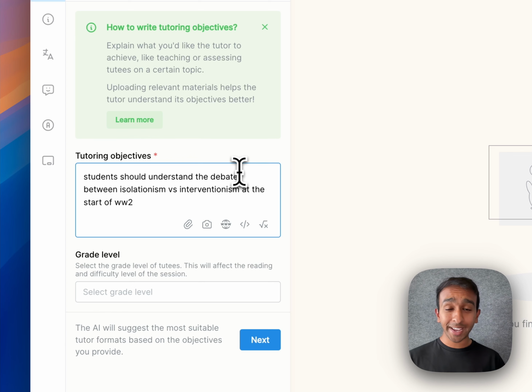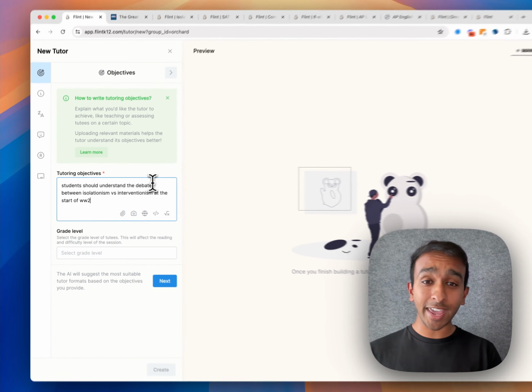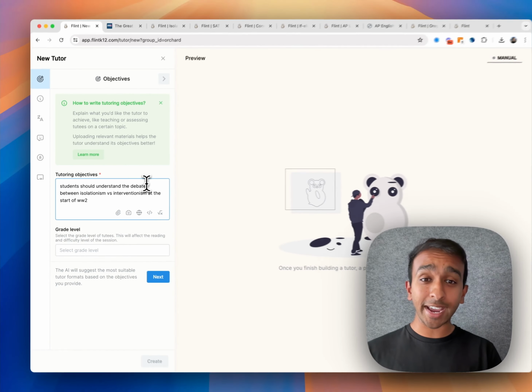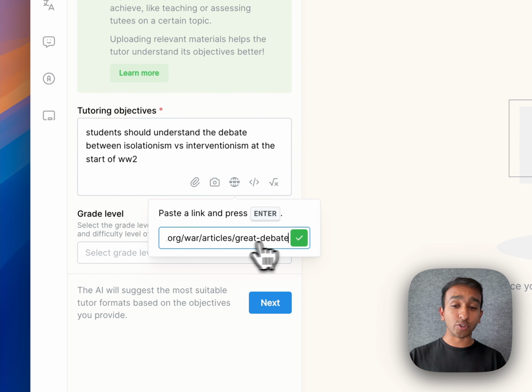start of the war. I can provide that to the AI as a learning objective, and I can give the AI specific sources to pull from. So for example here, I've got this great article from the National World War II Museum that covers the debate between the isolationists and the interventionists. I can copy the link to this article, head back into Flint, and provide that as a source for the